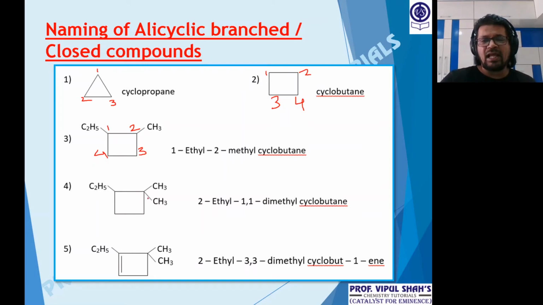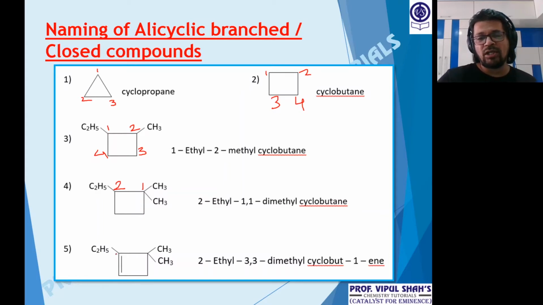Now I have ethyl and I have 2 methyl. Now whom to give a priority? More branches gets the first priority. So I number from here 1 and this comes at 2. Now the issue is simple. I have given more branches the priority, but write up is always alphabetically. So this will be 2-ethyl 1,1 dimethyl cyclobutane. Justified? Clear? So more branches gets the priority, but write up is always alphabetically.